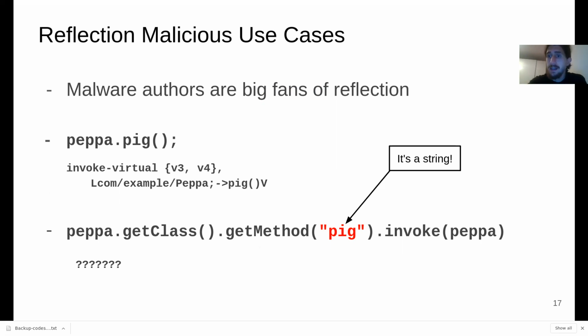I can just store something encoded in base64, and then I decode base64. A string can actually come from the internet. So basically the string is not there in the app. I just go on the internet, grab a string, and that string tells me which method I'm calling. So in Java, you cannot do this, right? If you just have Java and you want to call pig, you need to put Peppa Pig as a method invocation in the actual